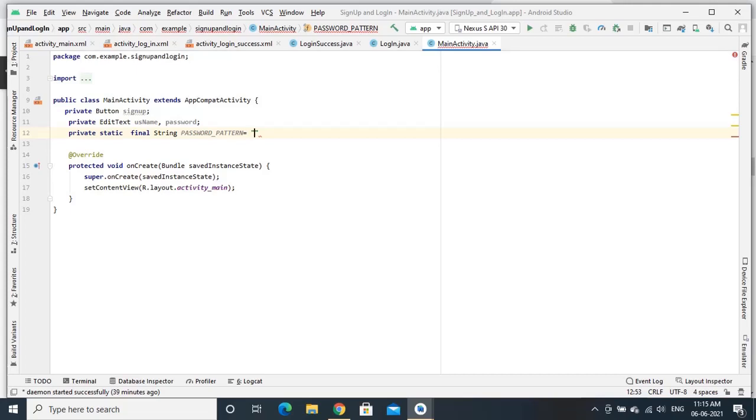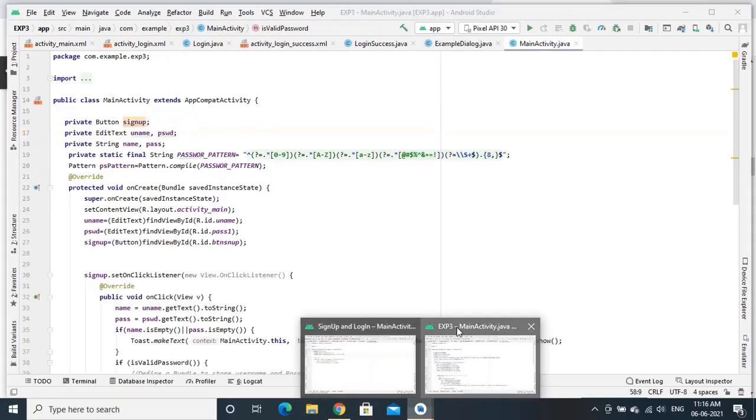The regular expression goes like this. The first part is for checking the numbers. I'll be copying the content and I'll explain later.